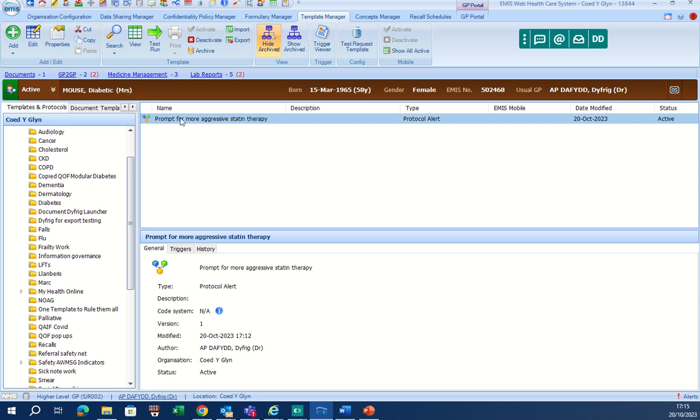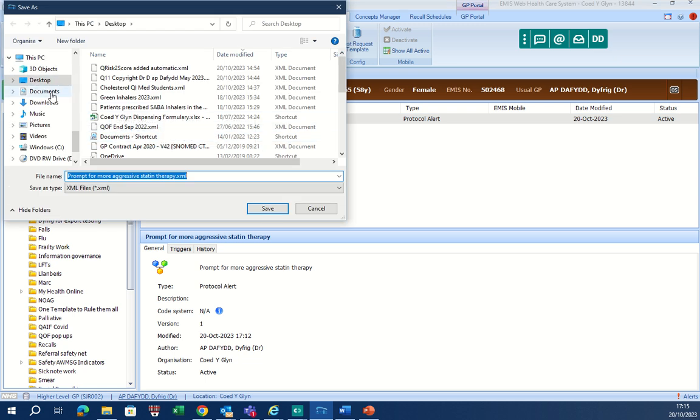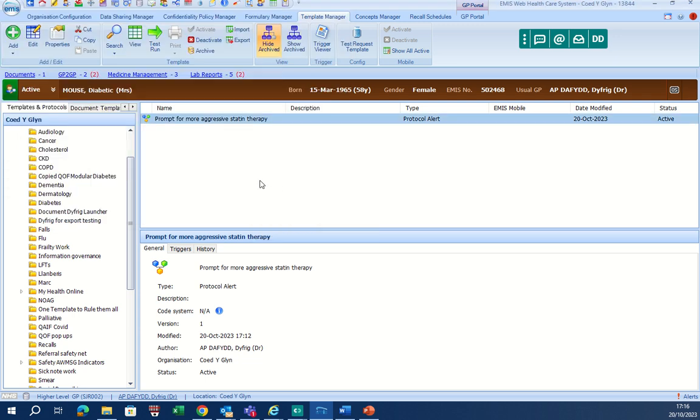So to share that prompt, you simply select that and say export that prompt, and we'll save that to the desktop. Now that's an XML file. When you save an XML file and try and open that, it's gobbledygook. It won't show anything. What you'll have to do is save that XML file somewhere onto a desktop, and then